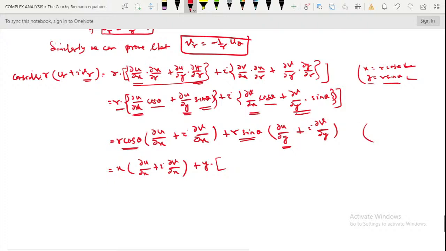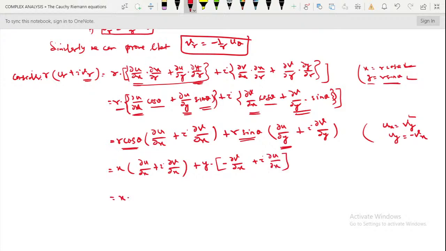You know our CR equations: ux is equal to vy and uy equal to minus vx. So in place of uy, I will put minus vx. So this is minus del by del x, plus i times del v by del y. This is your uy, and this will be your ux, del u by del x. So this will be x times del u by del x plus i times del v by del x,